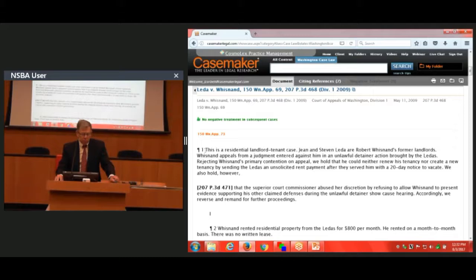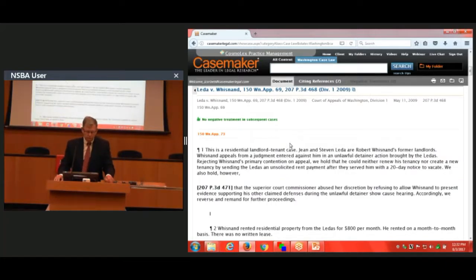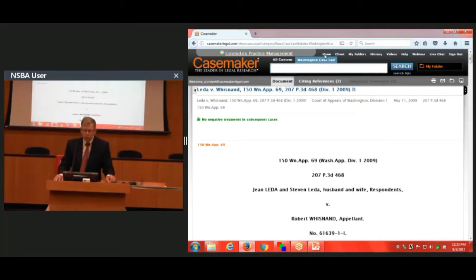So actually, we have a brand new feature. I'll see if this will work here. Yeah, so copy with citation. So if you wanted to cut and paste a piece of this out of the document, put it into a brief that you're writing or something like that, you can copy it with a citation, so that'll be helpful, okay? All right. Saving things to folders, I'll talk about that in a few minutes, but let me go back to